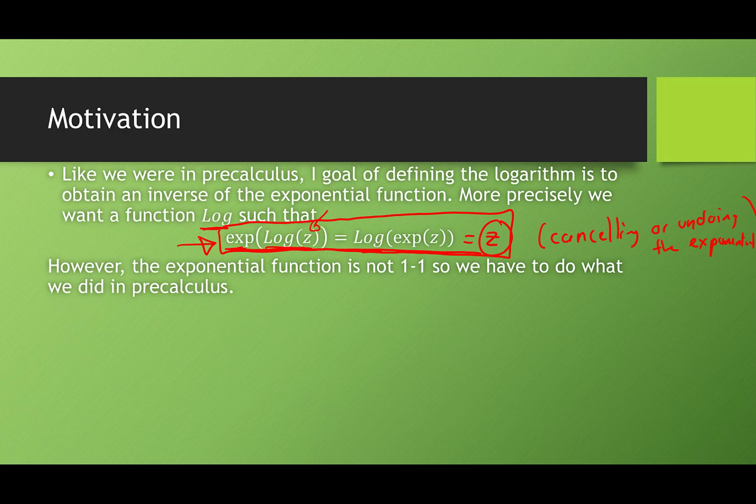Now we have a little bit more complexity, though, in complex analysis, no pun intended there. But there's a little bit more complexity because, remember, the exponential function's not one-to-one anymore. Remember, it's periodic, because the exponential function, exp of z, we define as e to the x times cosine of y plus i sine of y. That's not a one-to-one function anymore, so we don't have a straightforward inverse like we're used to, let's say in pre-calculus or something. So we have to be a little bit more careful.